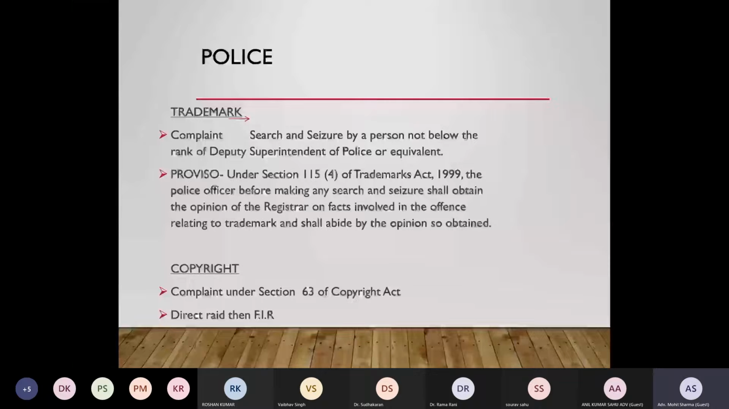the authority is being given to deputy superintendent of police or its equivalent rank to search and seize. So कौन सा provision है? Section 115 subsection 4 of Trademark Act 1999, which says the police officers before making any search and seizure shall obtain the opinion of the registrar on facts involved in the offence relating to trademark and shall abide by the opinion so obtained. इसी तरह से कॉपीराइट में अगर कॉपीराइट का कोई केस है तो उसमें हम सेक्शन 63 के अंदर हम लोग कंप्लेंट फाइल कर सकते हैं पुलिस को और डायरेक्ट टू रजिस्टर द एफआईआर।